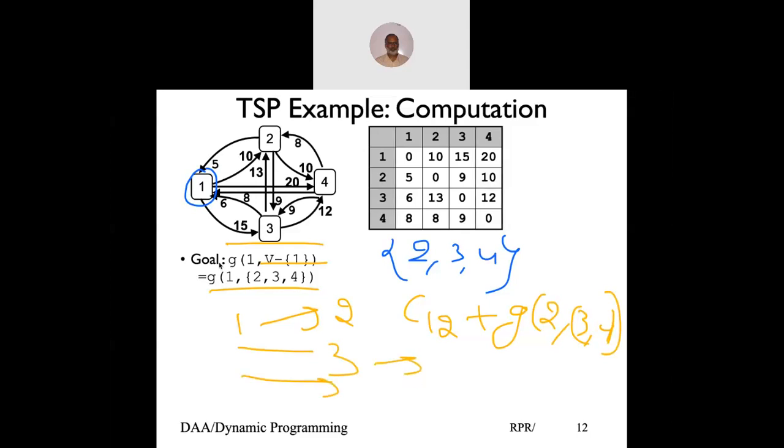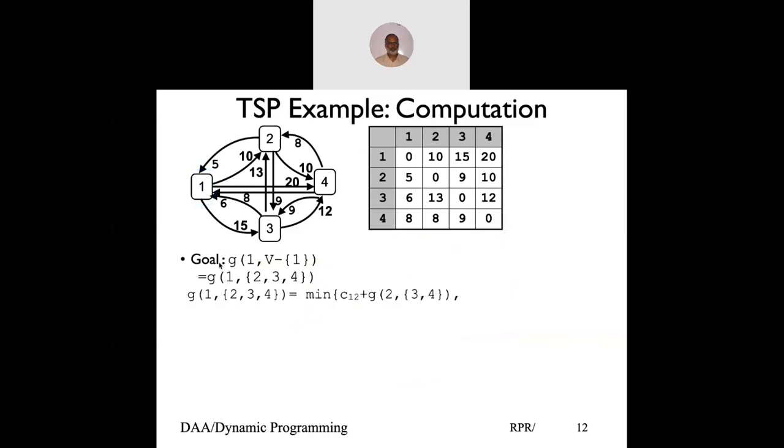Using this is what will basically explain in this case. So we know that G1 to {2, 3, 4}, from 1 we can go to 2, and then from 2 we need to build a minimum path from within vertices 3 and 4, or from 1 we can go to 3 and then build a minimum path from 3. My remaining vertices are 2 and 4, or from 1 I can go to vertex 4, and then build a minimum path from 4 to the remaining 2 vertices, 2 and 3. And once you find a minimum, you will have solved the problem.